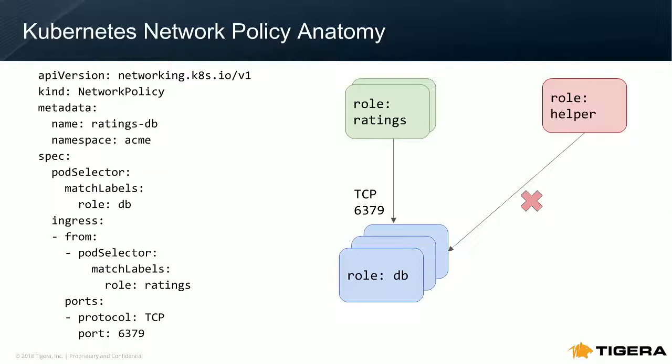We're not saying specifically what pods, anything along those lines. It's basically selector based. Anything labeled ratings should be able to talk to anything labeled role DB. So that's a declarative policy. And this is how it looks. First of all, this is a network policy. The first thing is we name it. We put it in a namespace for this application. And then we say anything labeled role DB, this policy is going to apply to. And then anything that this policy applies to is going to allow ingress in from things labeled role ratings. So this is a basic declarative network policy.